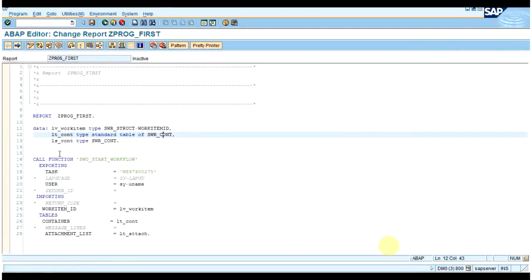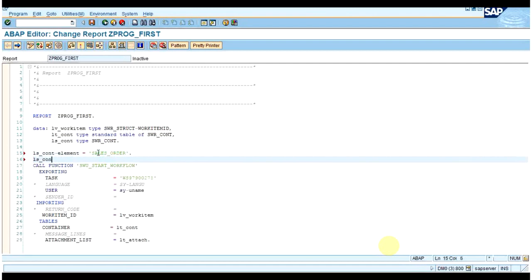You are not doing any development in the quality system; you are doing the development in the development system. So even if you have some prefix number configured in the quality system, it won't matter. But if you try to develop something in the quality system, then the workflow which gets generated will have a different prefix number. But if you transport this workflow to a different system, then that particular workflow will get executed.